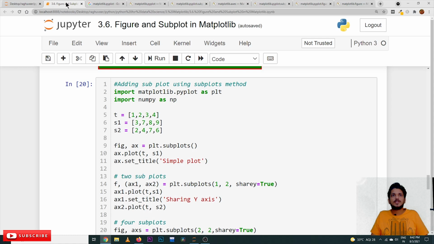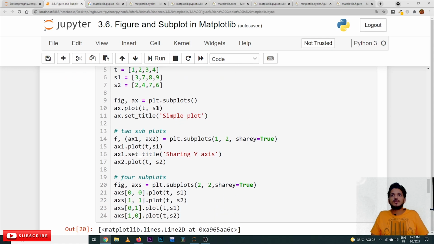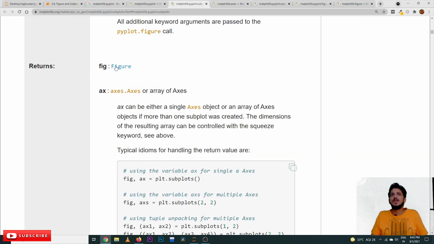Okay, now check the example. plt.subplots(), by default it is going to create one figure and one subplot. The figure is taken in the fig variable, and the subplot axis is taken in the ax variable. ax.plot, in the axis class, we already showed the axis class previously. In the subplot example, the same axis class will be returned on the axis: ax.plot(t, s1). Again check the axis class. See, the ax axis class has been returned.